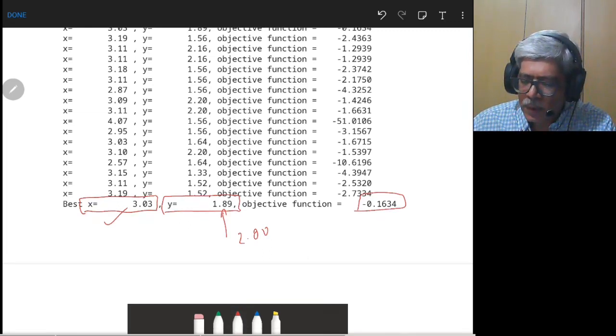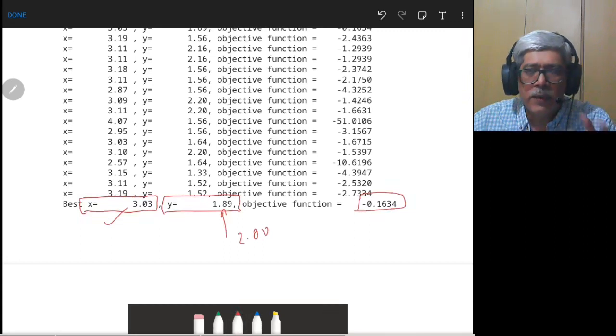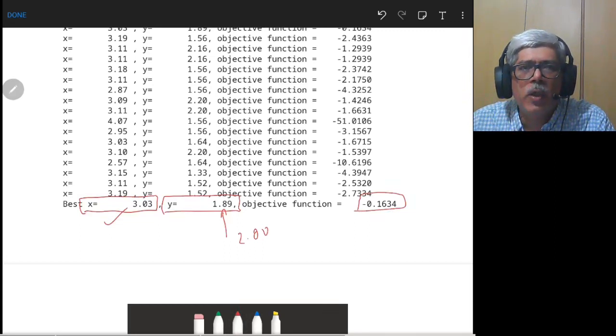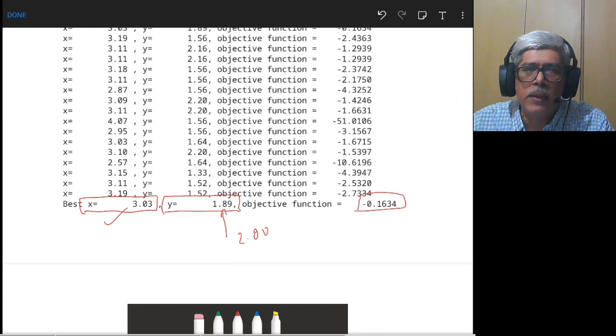Okay, so that gives you an overview of how this particular routine works, or how the genetic algorithm is implemented in Python. Before we close, we will look at the influence of the mutation function. If you do mutation for a large number of specimens, that is, if you increase the probability of mutation, and if you decrease the probability of mutation, what influence it has, we will see in terms of an animation.